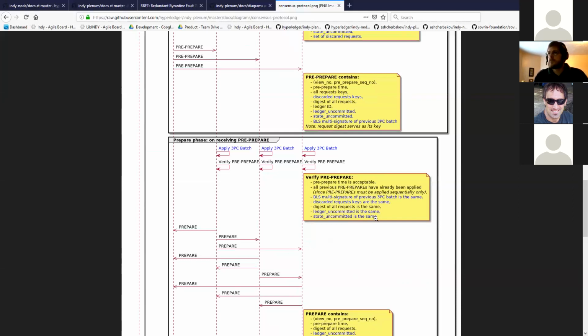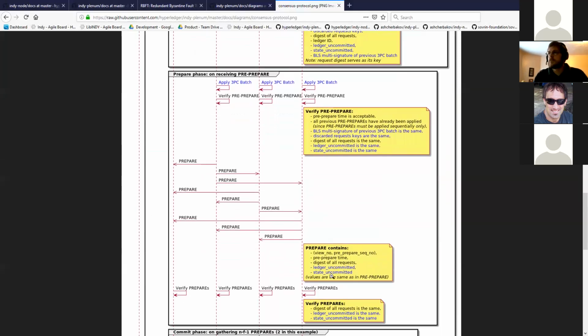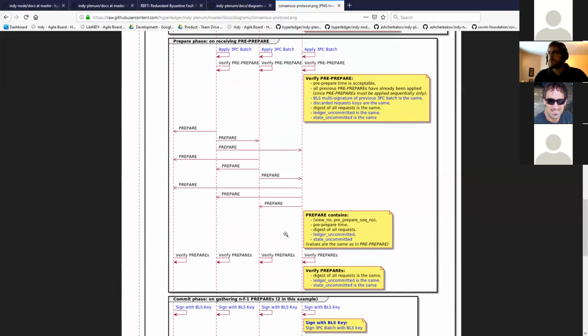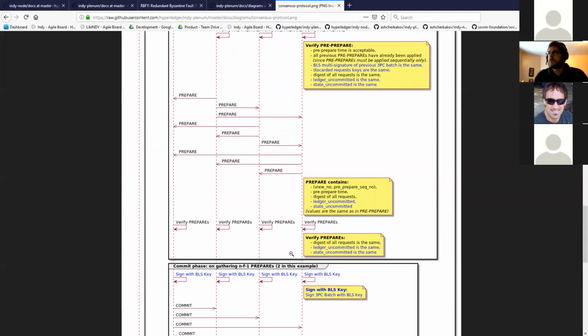Okay, so if Preprepare is processed and verified successfully, then every node sends prepare to every other node. Every node sends prepare, and prepare just contains again the uncommitted state and the reference to this Preprepare. Once Preprepare is received, every node checks that it's correct, again by checking the uncommitted state, checking that data is consistent. And once a node has a quorum of prepares, and the quorum here is n minus f minus 1, minus 1 just because we have Preprepare,